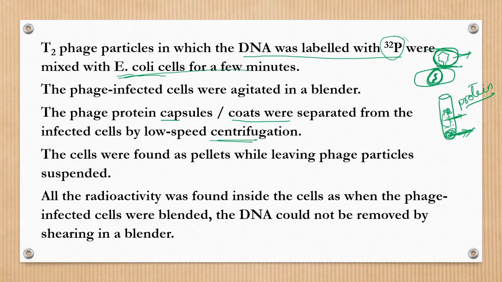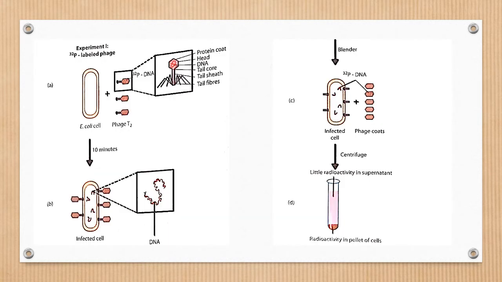So let's see the diagrammatic representation. The next. So now here it is clearly explained what we discussed in the previous slide. Now a normal bacterial cell, and these are all the bacteriophages. We already studied that the outer protein coat, that region we call the head. It consists of the protein coat or capsid, and this capsid surrounds the DNA. Now we allow a few minutes for them to infect this bacterial cell. When it infects, it releases its genetic material.